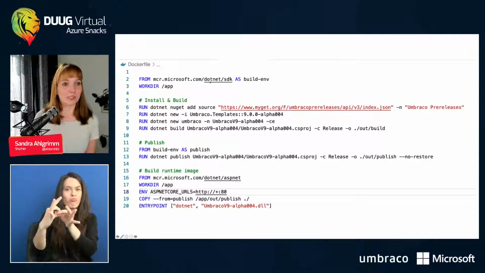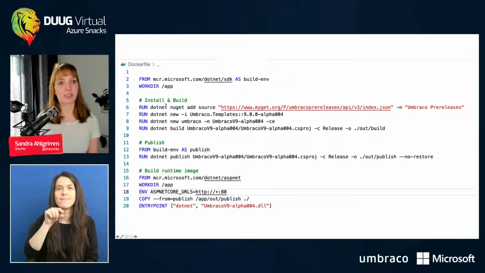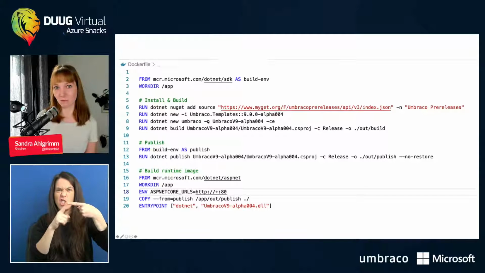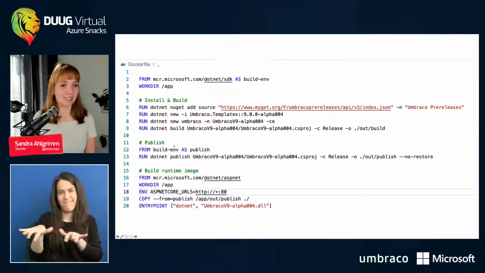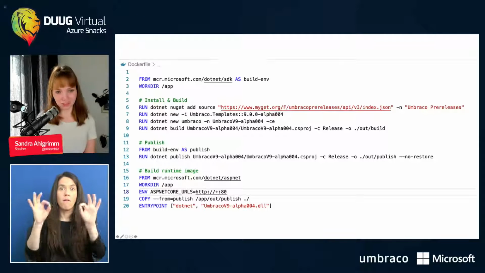So I would just use the .NET SDK for the build environment, set the work dir, and install everything that's needed. So with dotnet new umbraco, you're probably more familiar with all those commands than I am. And then I set my stage for publishing, which is where I run the dotnet publish command.